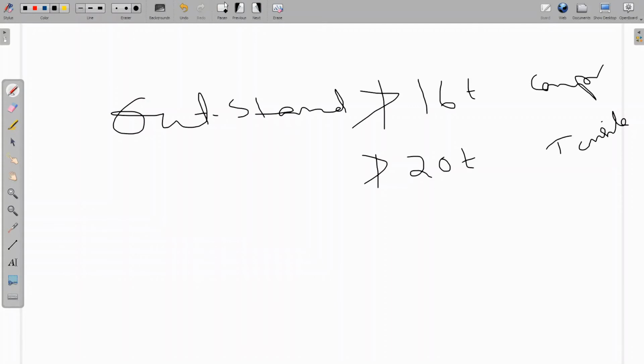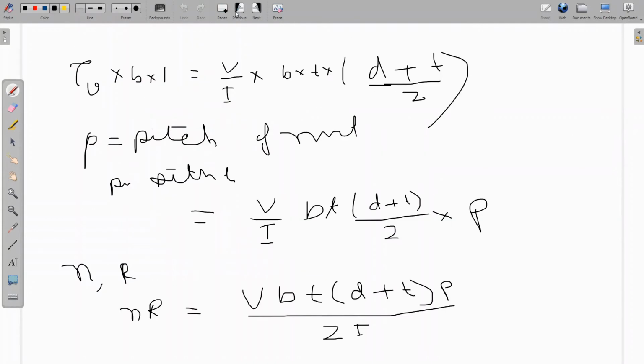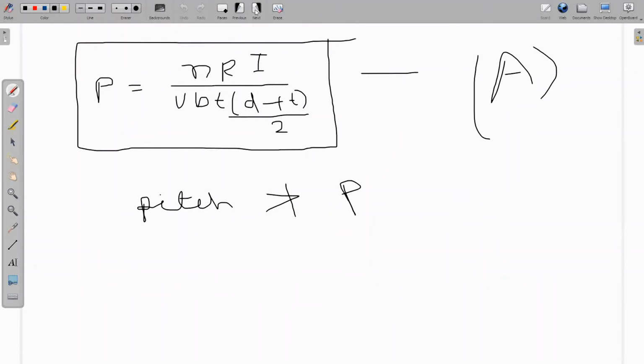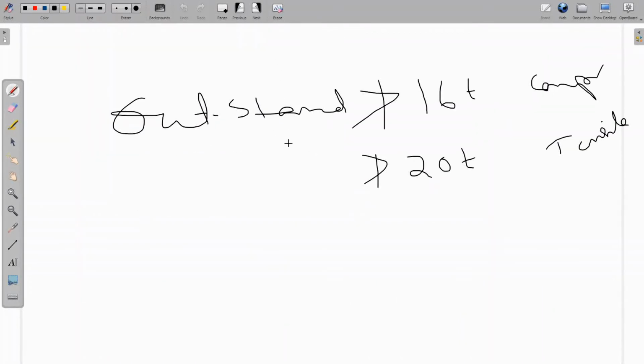What is the T? T is the thickness of this plate. T is talking about this thickness. So this is the concept that we can apply for design of a built-up beam. Take some example, and whatever the things that I have discussed, you try to apply. Just as a summary, I will tell you what is to be done.